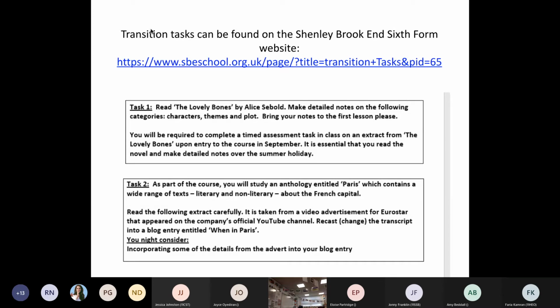Now, we have had a large amount of time this morning to go through the course. There was meant to be time for you to have a go at doing a little bit of writing now, but you'll be relieved to know that I've been speaking for so long that we've run out of time of that. Now, this task is one that we would like you to have a go at over the summer. And it's to introduce you to the kind of ways that you're going to work. And the other thing is, it will give us a flavour of your English when you come in.